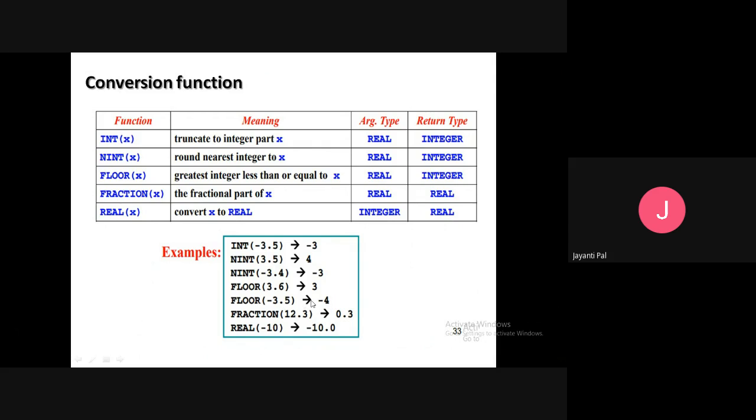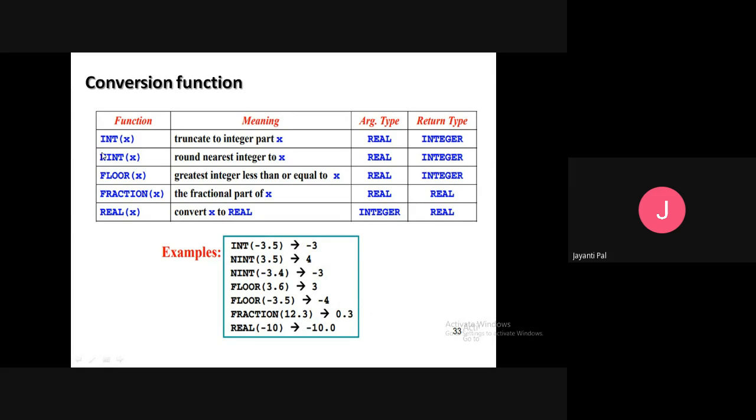That means it is the largest integer less than minus 3.5, which is minus 4. Now if it is a positive number, like 3.5, then the value should be 3.